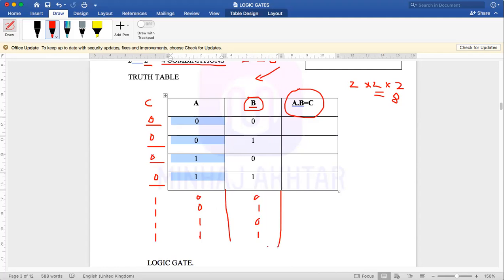Once we have 3 inputs, this is a pattern of the 3 inputs. Like in the first column, we have 0, 1, 0, 1, 0, 1, 0, 1, 8 times. 0, 0, 1, 1, 0, 0, 1, 1, 8 times. And 4 zeros, 4 ones, 8 times. So in this way, you are going to draw the truth table for